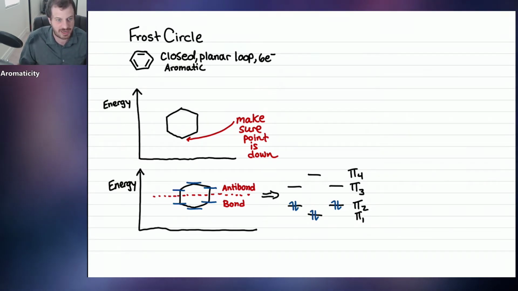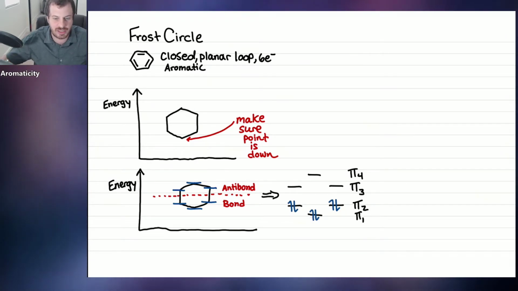Notice how I filled that in using Hund's rule, 1 at a time in the degenerate pi 2 orbitals before I paired them up. So again, I'll show you how I did that. Obeying Hund's rule, I did 1, 2, made sure I filled up the pi 1. Then I did 3, and I did not do 4. I did 3, 4 separately. Then I did 5. Then I did 6. And that's the molecular orbital diagram for benzene. Isn't that amazing? That easy?